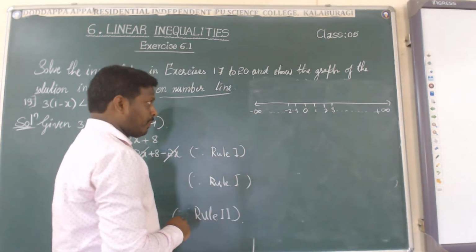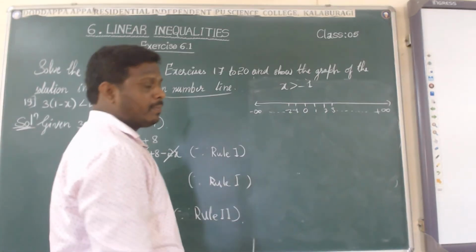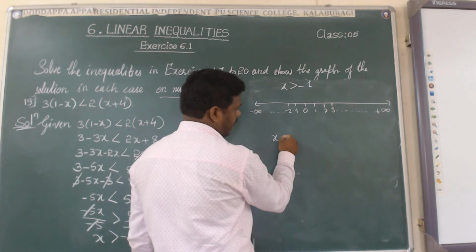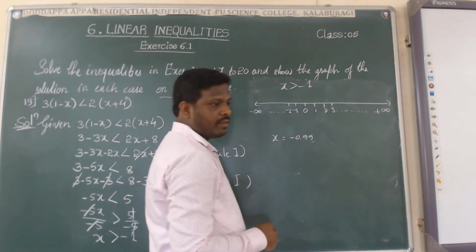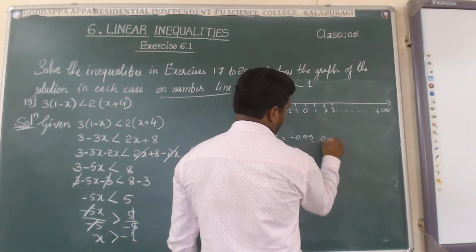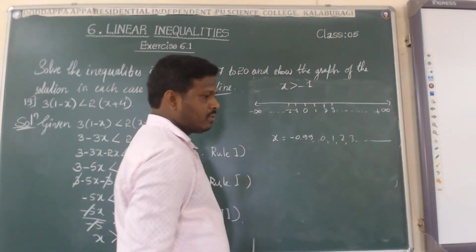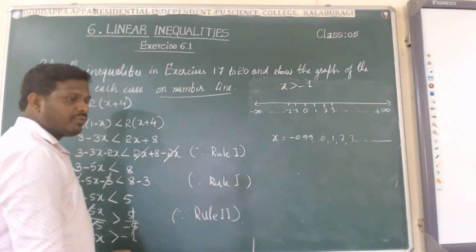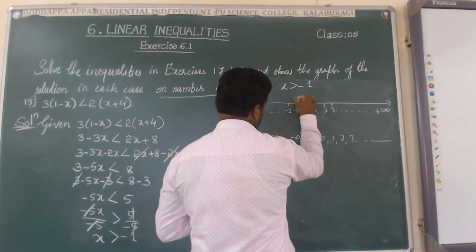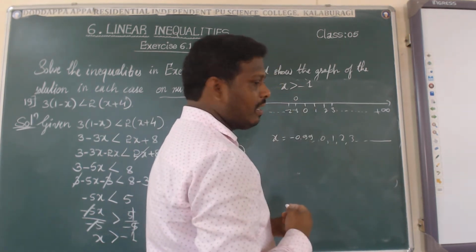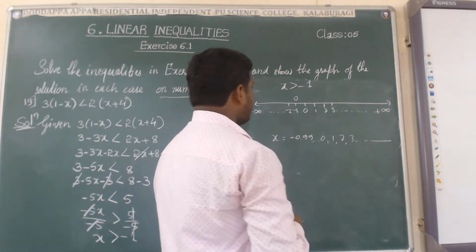Yes. I will write here: the value of x is more than minus 1, but the value of x will include 0, minus 0.99 also. And after this 0, 1, 2, the values will be moving towards the right side of the number line. So here, as the less than symbol is there, we have to take an empty circle, a small empty circle above the minus 1. Yes, draw one small empty circle above the minus 1.